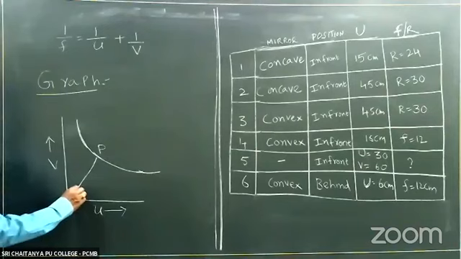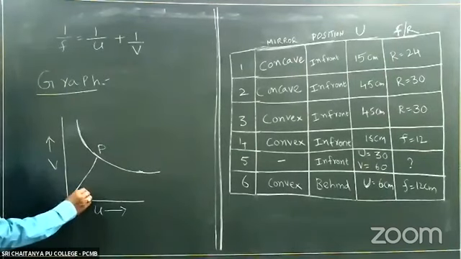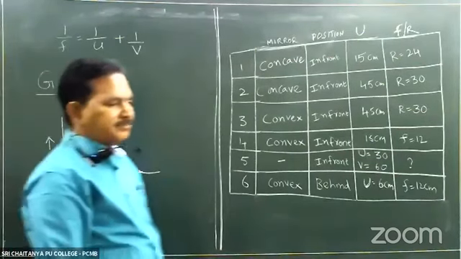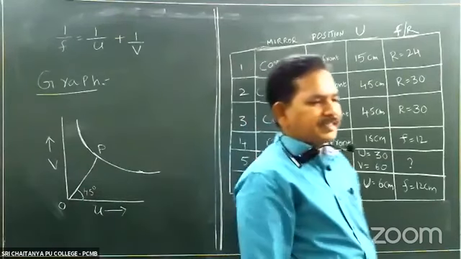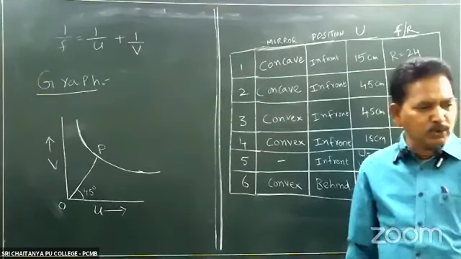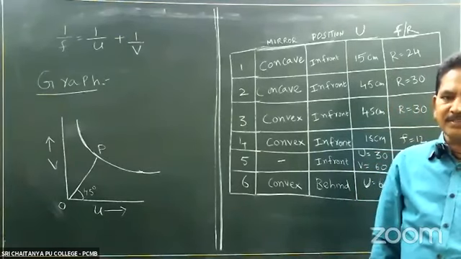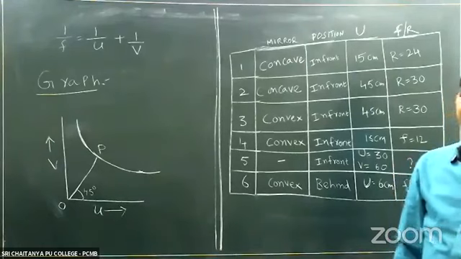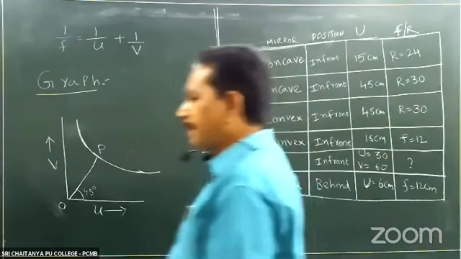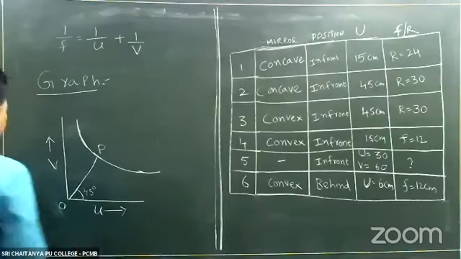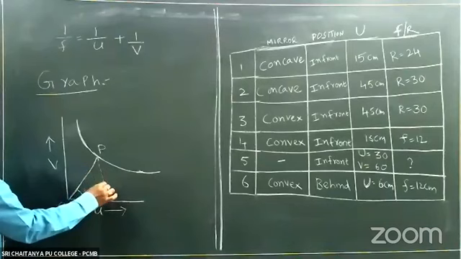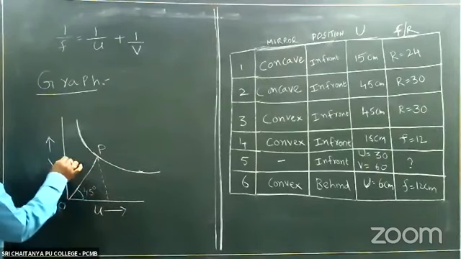This angle is automatically 45 degrees. Why 45 degrees? The angle between the x-axis and the y-axis is 90. Since it is a bisector, it will divide the total angle into 2 equal parts, so 45 and 45. Drop a perpendicular line onto the x-axis from the point P. Drop a perpendicular line onto the y-axis from the point P.